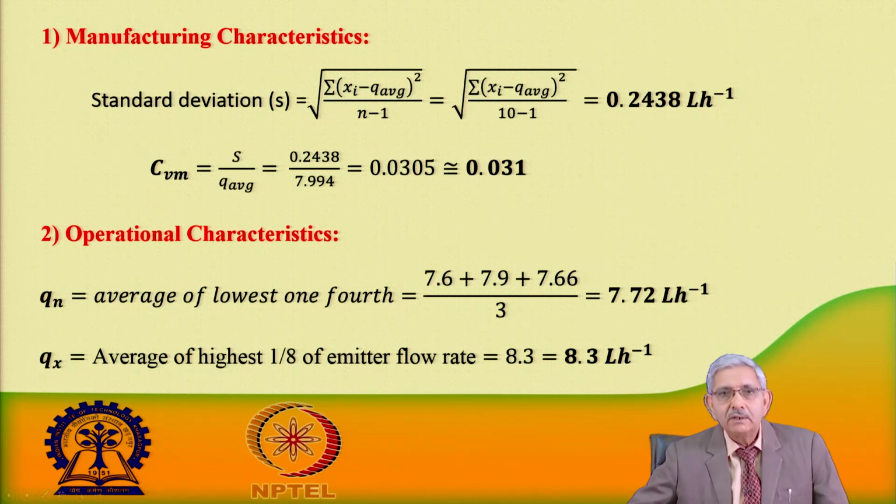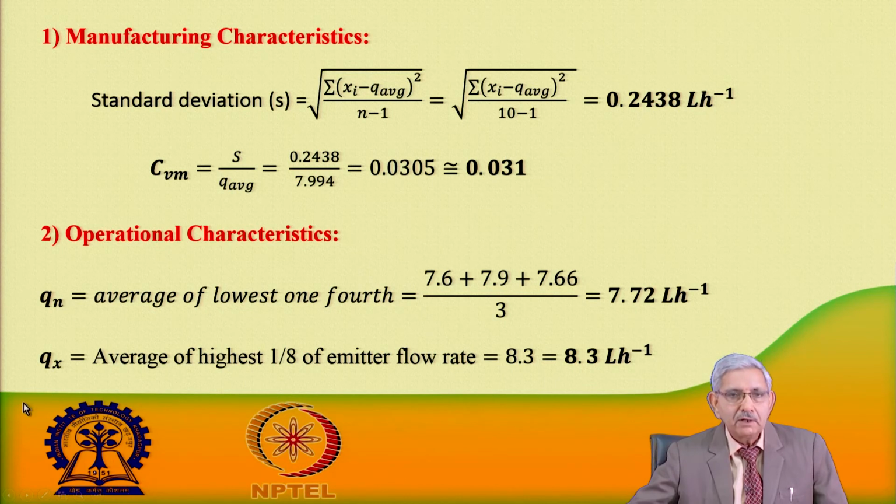We will characterize this particular emitter, under which category it falls, at a later part. Now, coming to the operational characteristics. When we were finding out the operational characteristics, first we are required to know the average of the lowest 1/4. Here only 10 drippers were there, so we are taking 3 observations, the lowest ones. We are getting the average of the lowest 1/4 as 7.72 liter per hour, and then the highest